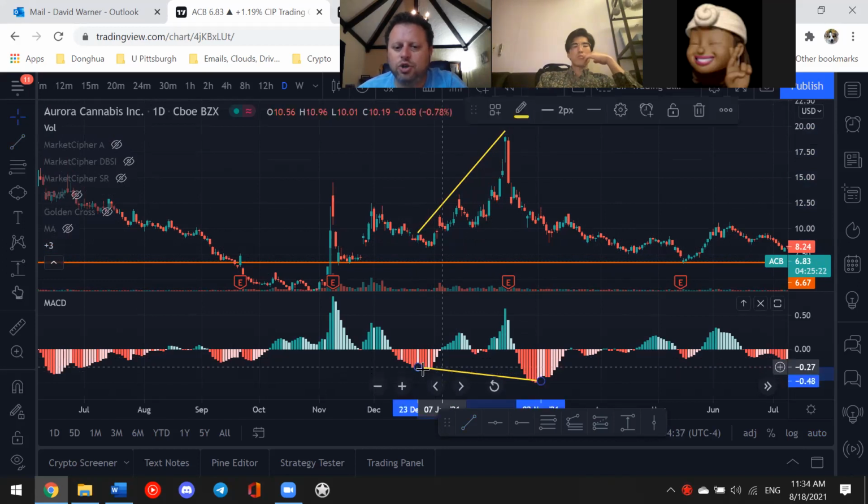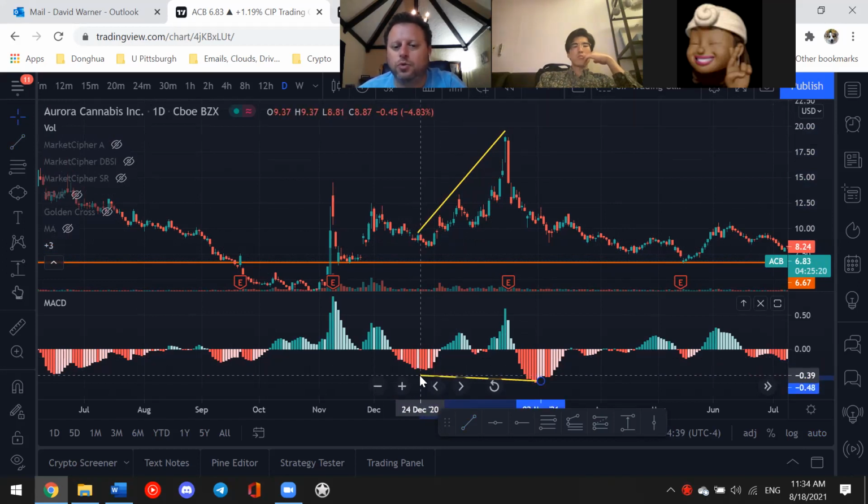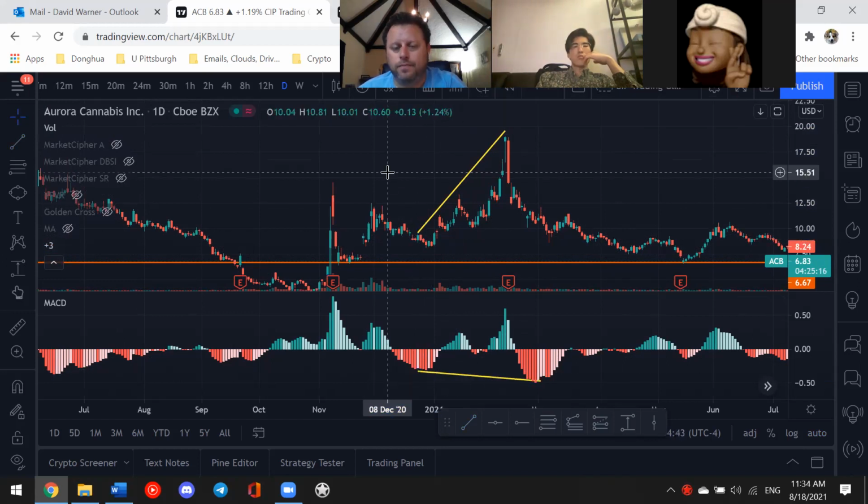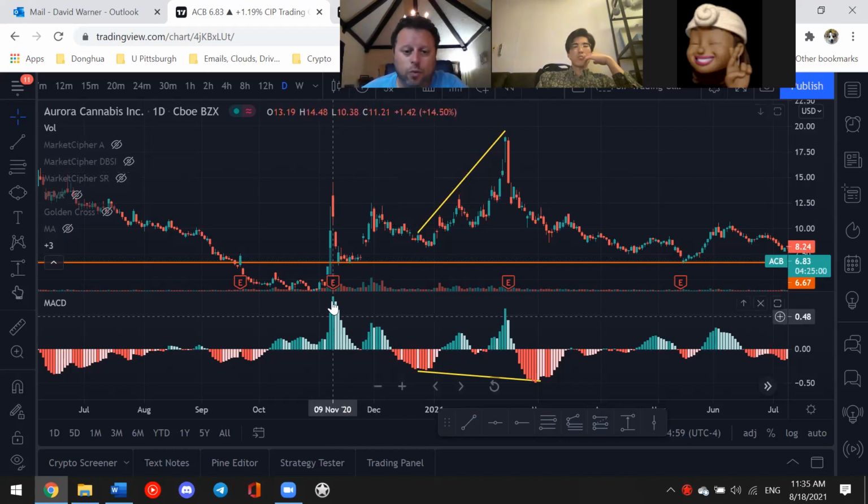What does this histogram actually tell us? What does this represent? This is momentum. Momentum can be described as how fast the train is moving. So if this asset is a train, is there a ton of people getting on the train, buying tickets, throwing money, and the train is going super fast? If there's lots of momentum, like there was over here,